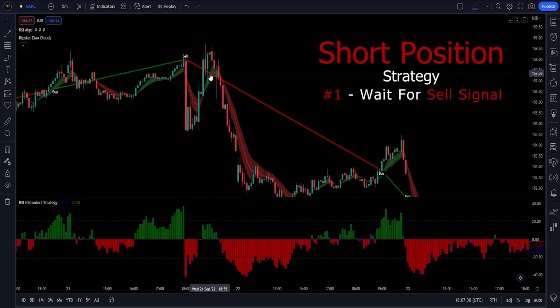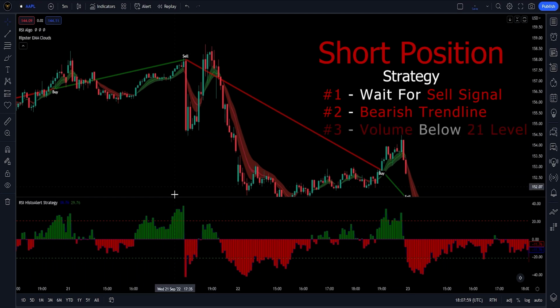When the market inevitably turns bullish, we will see this red trend line, but we don't see it while real-time trading, so we need a trend line that updates as the market progresses in real time. That's where rule number 2 comes into play, the bearish trend line. This trend line comes from our Ripster EMA Clouds indicator, and it needs to be red, signaling that we are in a bearish direction. This trend line auto-updates with our chart while real-time trading, so it's extremely important to keep an eye on it.